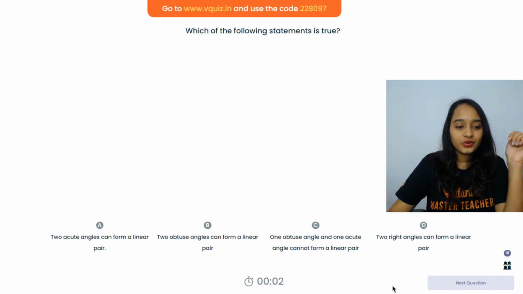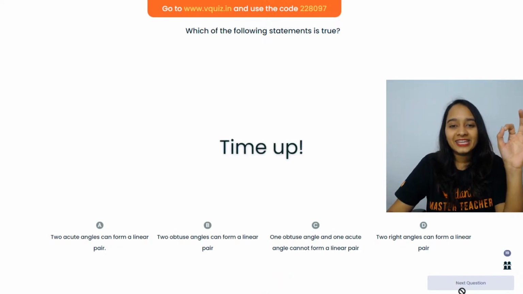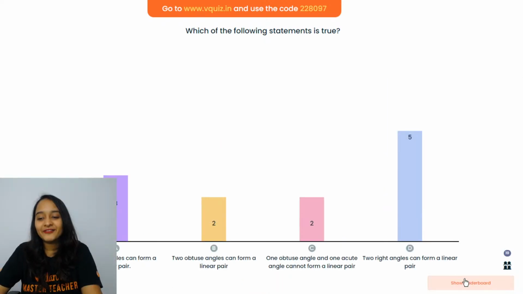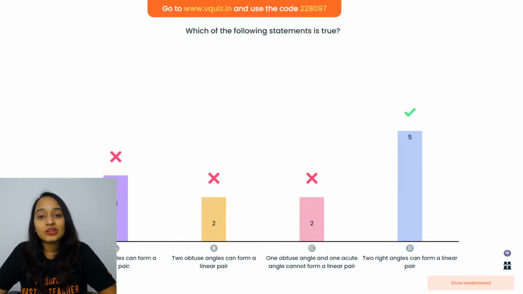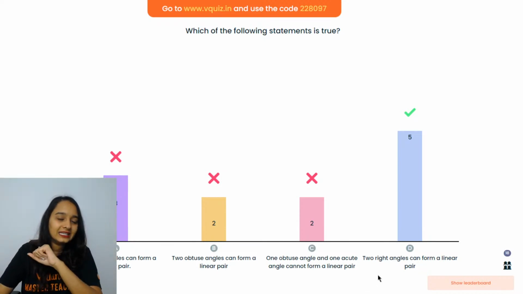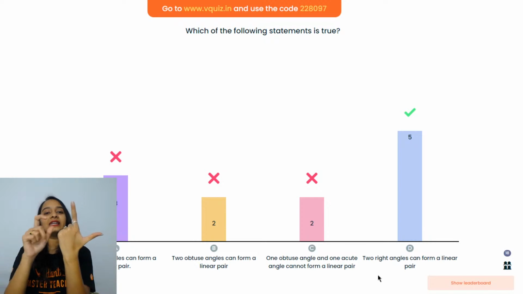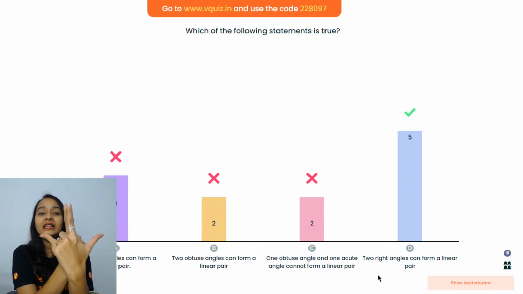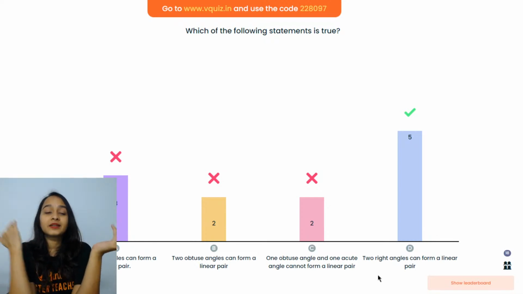3, 2, 1. Very good everybody. The correct answer is option D. 2 right angles form a linear pair. What are right angles? 90-degree. So if I take a 90-degree and attach next to a 90-degree, they become a linear pair because they add up to